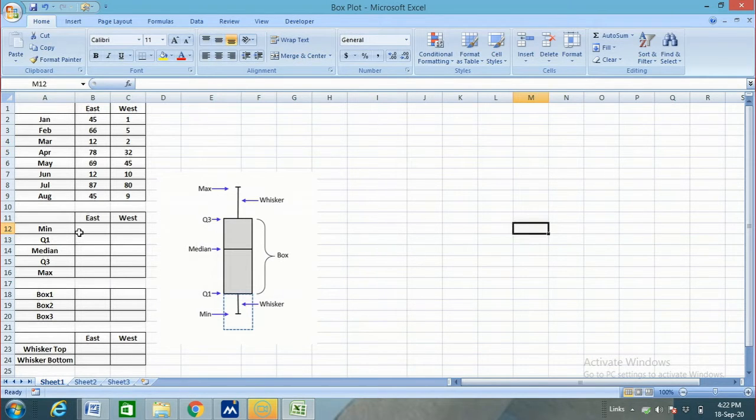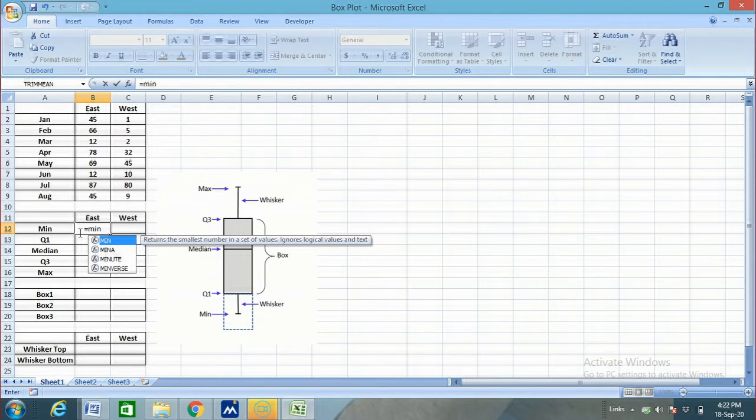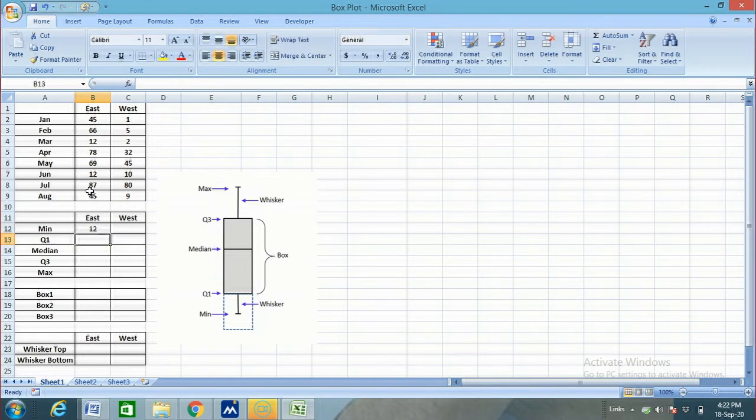Okay, so to calculate the minimum, I'll type minimum, select this data range, then control plus shift plus enter. To calculate quartile 1, I'll type quartile, then select this data range, then comma. Here I am calculating quartile 1, so I'll type 1.